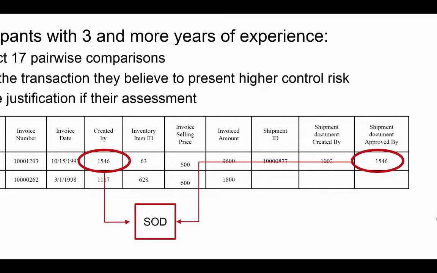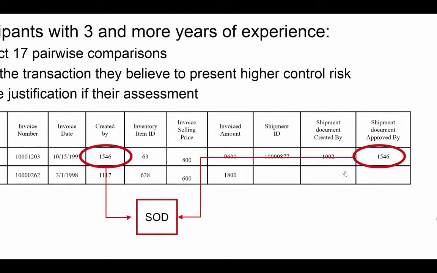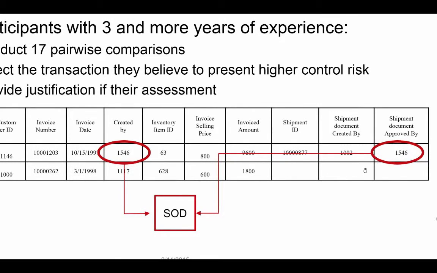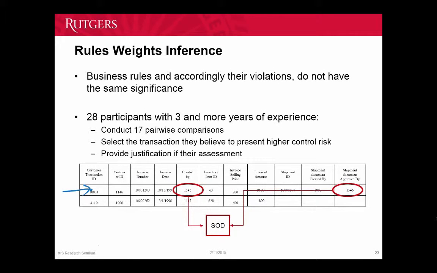And then the second transaction had missing information. It had this missing information here. Now, we're not saying that this transaction is riskier than the others. We're not saying that there's a right or wrong answer. We're just asking the auditors to pick which one, in their opinion, presents